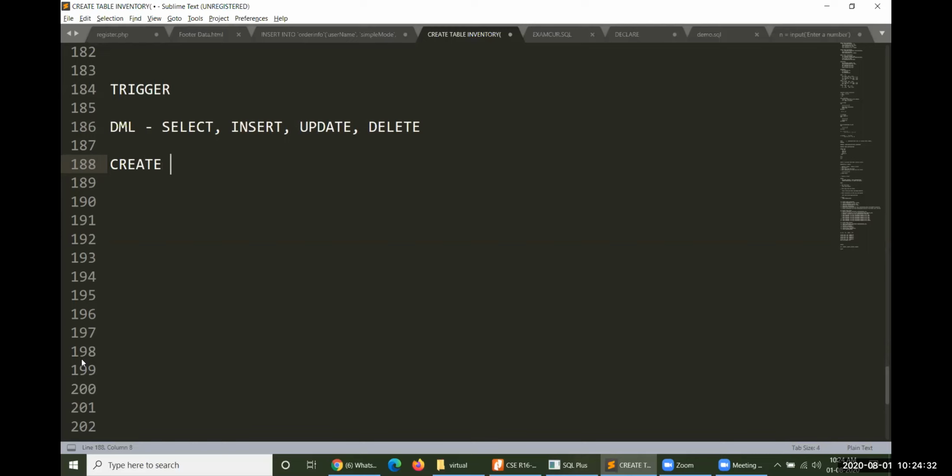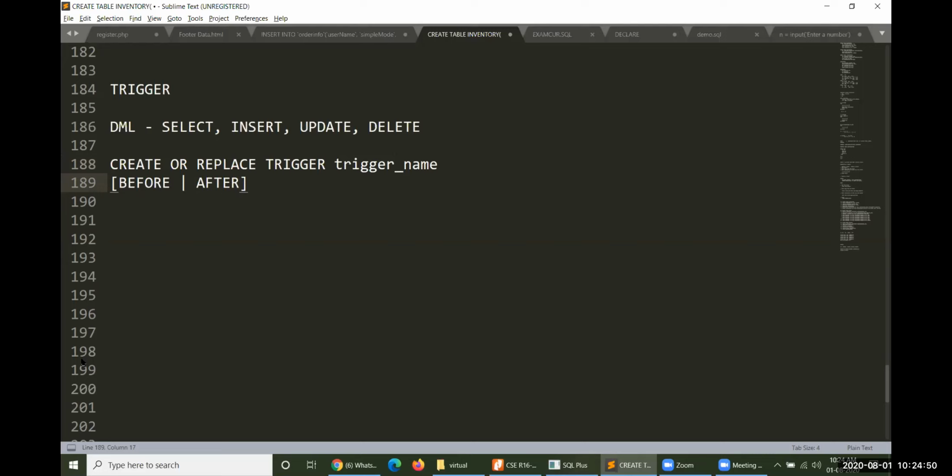Syntax of trigger: create or replace trigger, trigger name. It can take two different types of things, before or after.